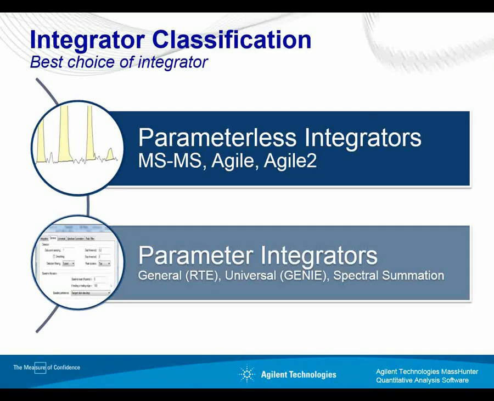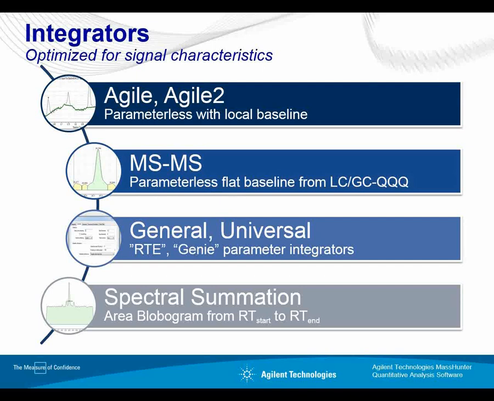The main focus in the last decade has been on parameterless integrators to put the smarts into the integrator, and that started with the MS-MS integrator, which was focused on the triple, and then proceeded to the Agile, and then a new version, Agile 2, which got smarter with the local baselines. So here's a list of the parameter integrators that we just mentioned: General, Universal, Spectral Summation, and the parameterless integrators